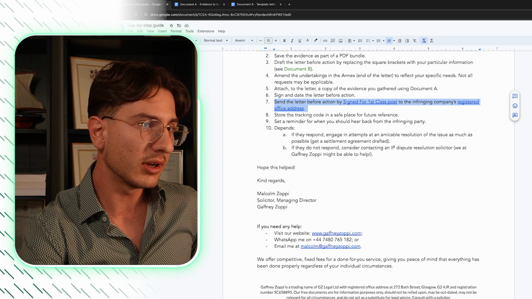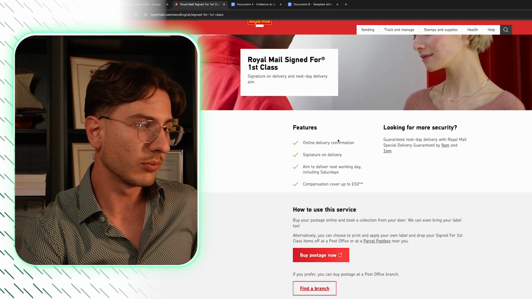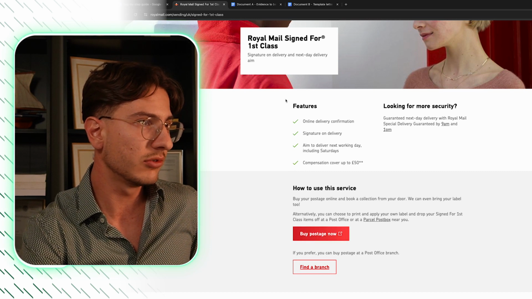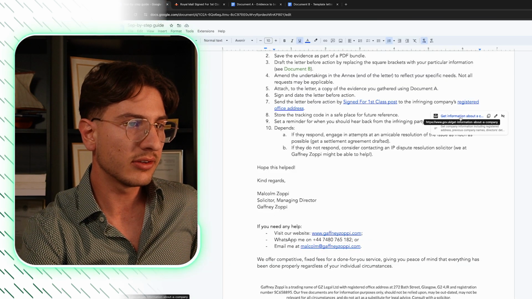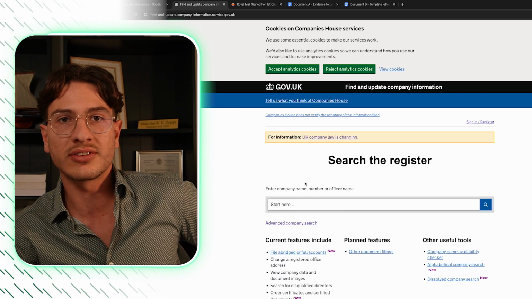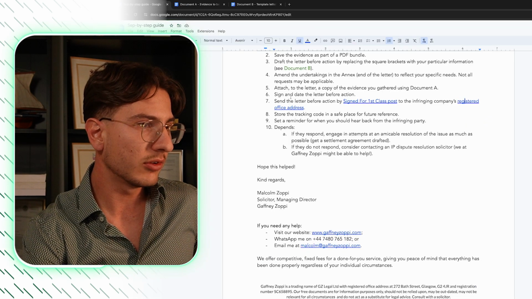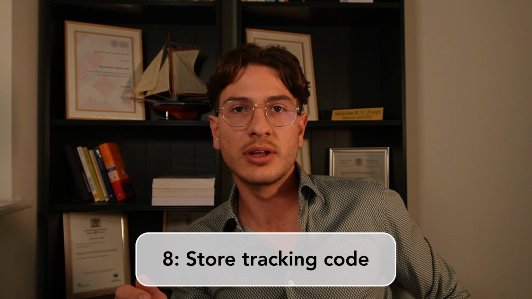So I've included 2 links here which are relevant. Number 1 is Royal Mail's website, so you can buy the postage. And the second is the Companies House database, so you can look for the registered office address of the infringing company. Fantastic. So once you've done that, we move on to step number 8, which is to store the tracking